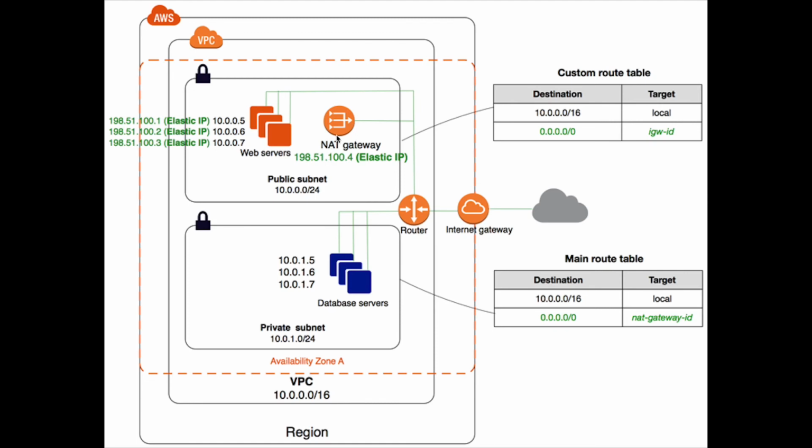So guys, NAT gateway will reach the internet by masking its IP. NAT gateway also has its elastic IP. So when it goes to the internet, it will mask its original IP. Okay, and the basic difference between private subnet and public subnet is that instances present in public subnet must have a public IP, which is elastic IP. So this is the basic difference. I hope you guys understood the difference between private subnet and public subnet.